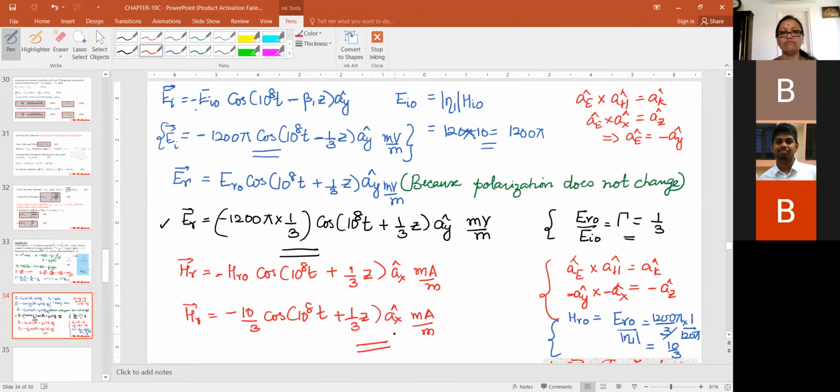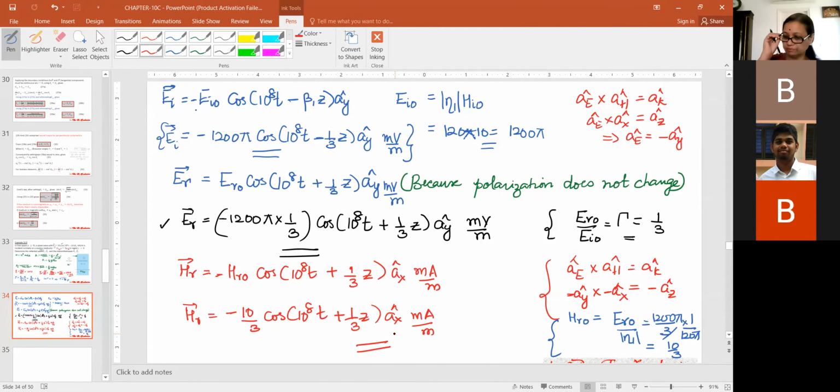So till now, we have been in medium 1 only. So what have I done till now? All I have done is I have been given the incident H. From that, I found out incident E. Then after that, I used the reflection coefficient definition and found out E reflection. And then took the relationship between electric field and magnetic field in medium 1 and got H reflection. So I have got E reflection, H reflection, and E incident. All the three things I have found out. And I'm still in medium 1.